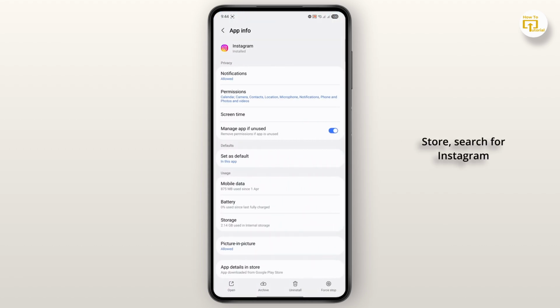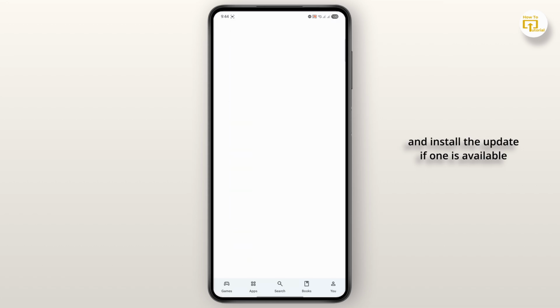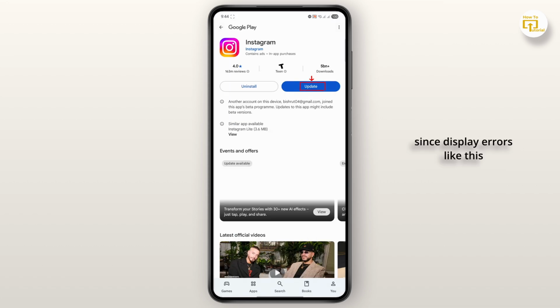After that, open the Play Store, search for Instagram, and install the update if one is available, since display errors like this are often